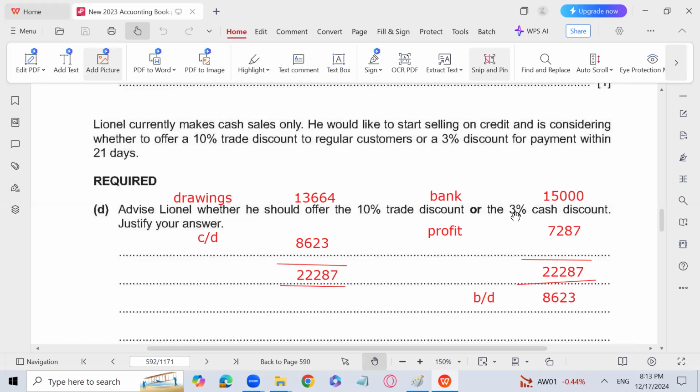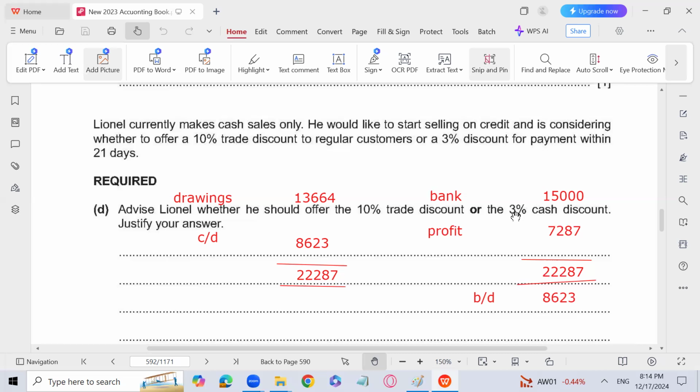But it is given to some customers because of bulk buying or to loyal customers. If he is giving the 10% trade discount to loyal customers or because of bulk buying, maybe his sales will increase rapidly. But he might have a problem collecting the amount from trade receivables because he is selling on credit, so he might face a cash flow problem. So if he gives